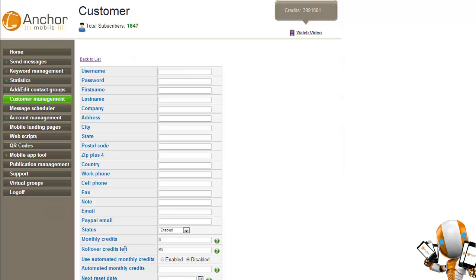Monthly credits are up to on a monthly basis, so if you set them to have 1,000 SMS rollover credits every single month, you would use the rollover credit feature. So that will be covered in your training on how to set that up for your customers. Moving down even further,